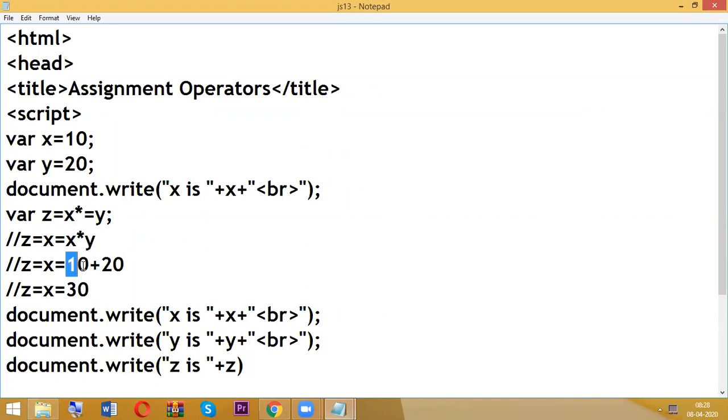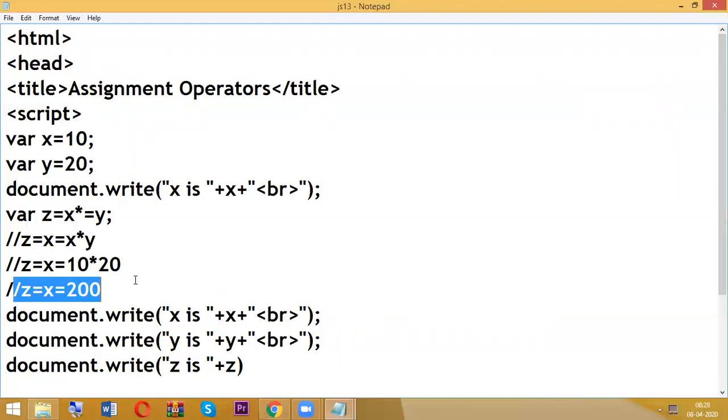So what is the x value here? 10. And what is the y value? 20. So x value is 10, multiplication, y value is 20. So 10 into 20, 200. Before this expression, x value is 10.